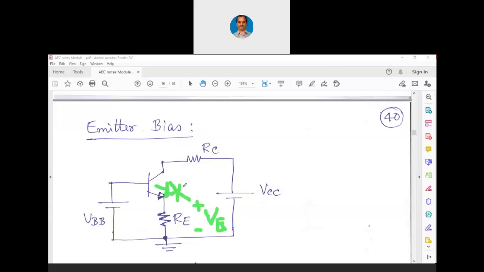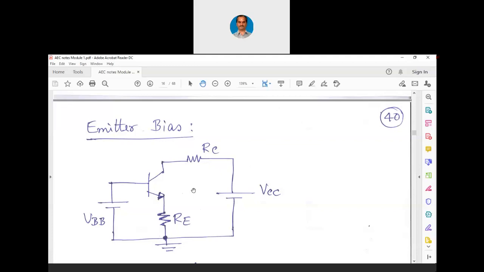Now, this diode will not conduct completely. From base to emitter, when the diode does not conduct completely, the transistor will not go into saturation at all. So, the inclusion of a single resistor at the emitter to ground is going to prevent the saturation of the transistor. That is how this circuit is more stable than the earlier circuit.